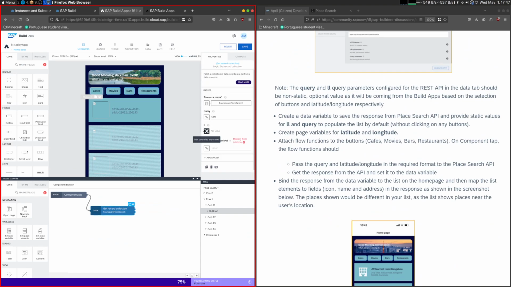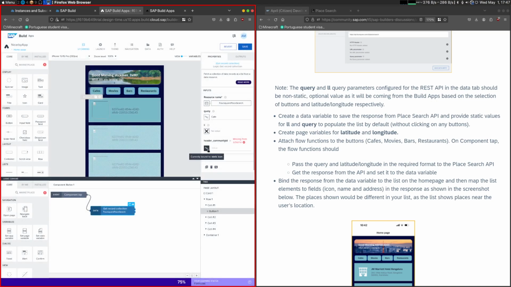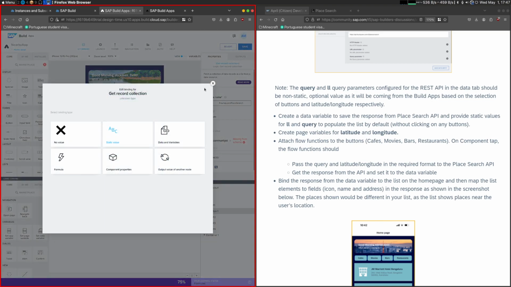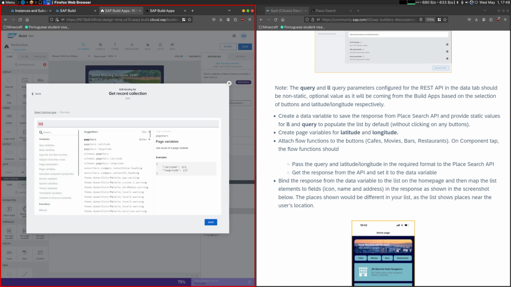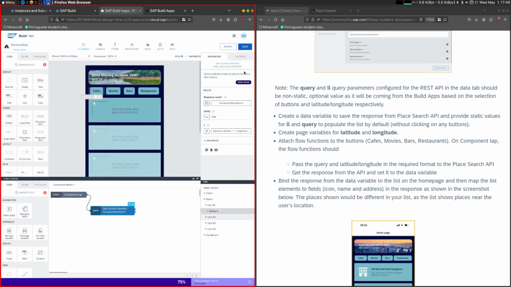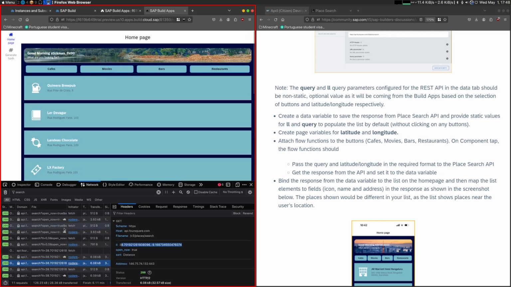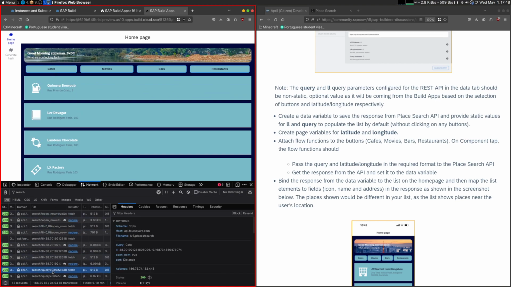And I didn't set, okay. My bad. This doesn't matter. So again, page vars latitudes, comma, page vars longitude, save, and let's see if it works before we set the other buttons. Cafes. We send the cafe,